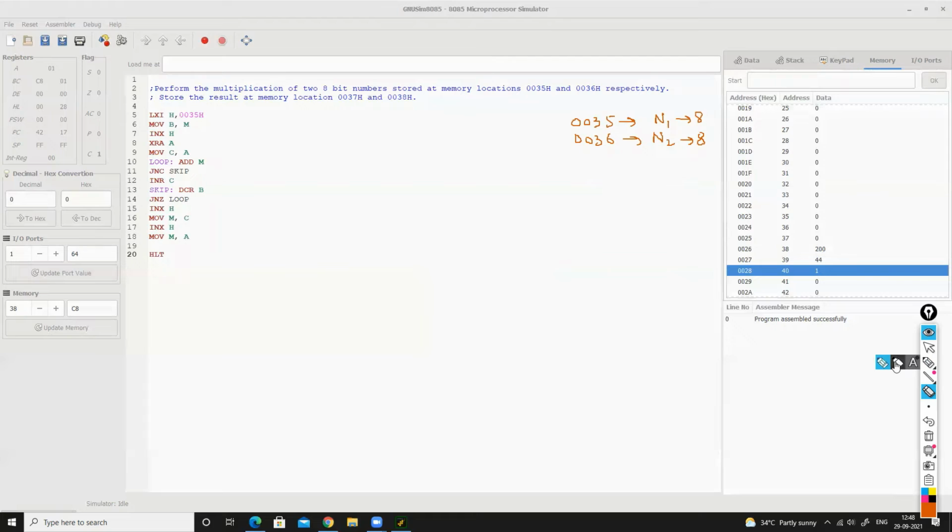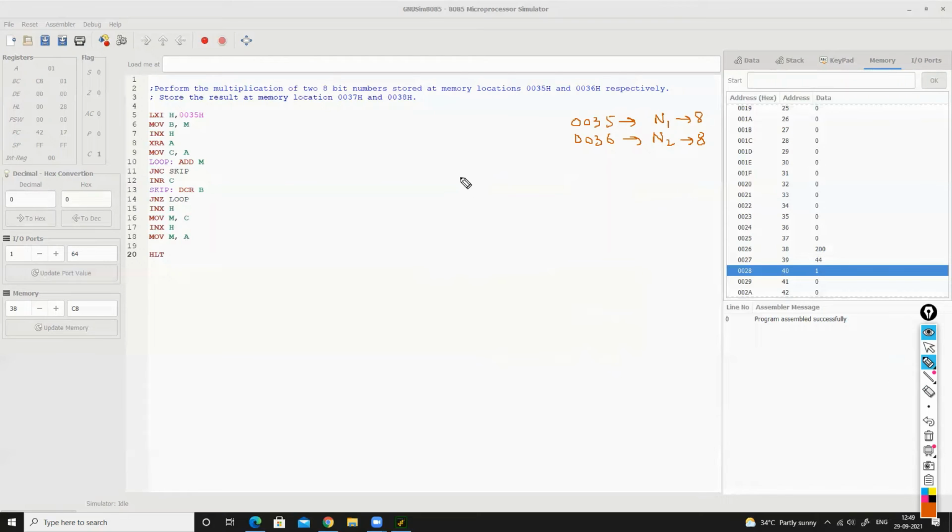It means that if we have to multiply 8 into 4, that will be the same as adding 8 four times, or we can say adding 4 eight times. This is one and the same thing. So we will do a repeated addition. Let's see what we will do.